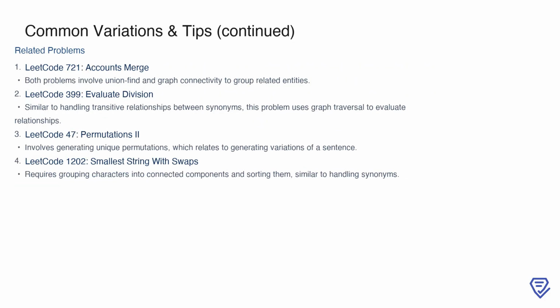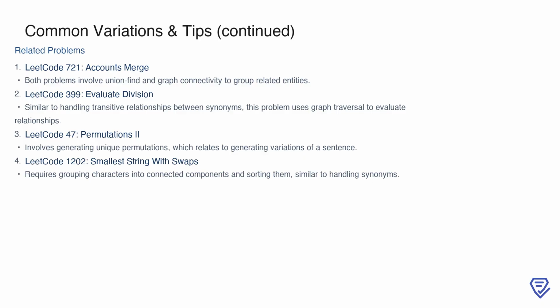It's helpful to draw connections between this problem and similar ones, as these relationships can deepen your understanding. For example, LeetCode 721, Accounts Merge, involves grouping related entities using union find, which is conceptually similar to grouping synonyms. LeetCode 399, Evaluate Division, requires handling transitive relationships in a graph, much like determining synonym chains. LeetCode 47, Permutations 2, focuses on generating unique permutations,